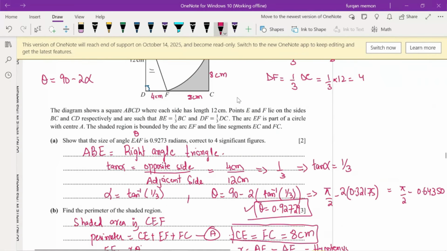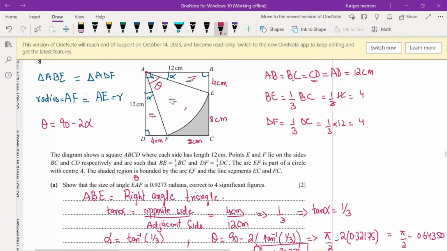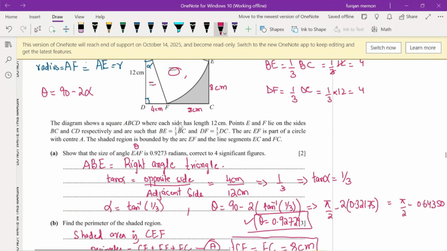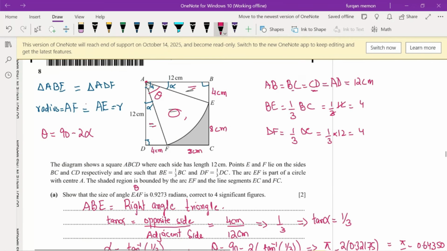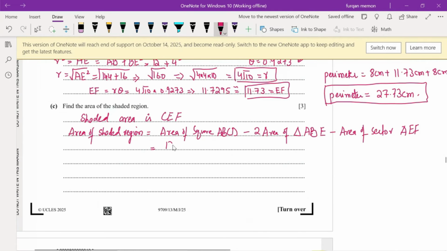So we exclude this area and this area, and we will also exclude this sector area, which is AEF, minus area of sector AEF. Okay, area of the square is length square, which is 12 centimeter square, so 12 square minus 2 times